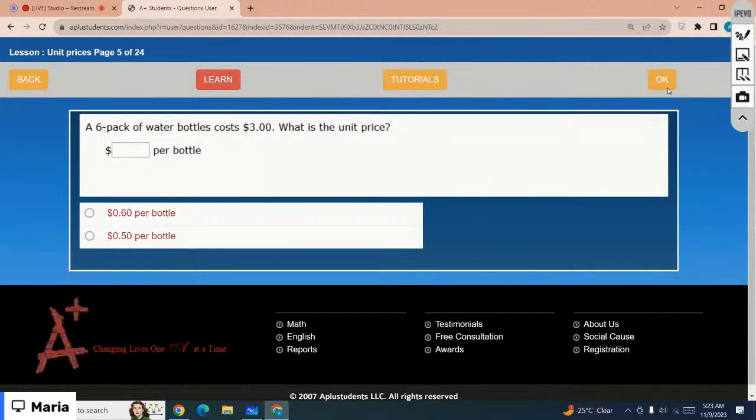Okay, the next one is a six pack of water bottles costs $3. What is the unit price? So the $3 is the cost of a six pack of water bottles, right? That means you need to calculate the price of one bottle. So when you need to calculate the price of one bottle, what do you have to do? Divide the total cost divided by the